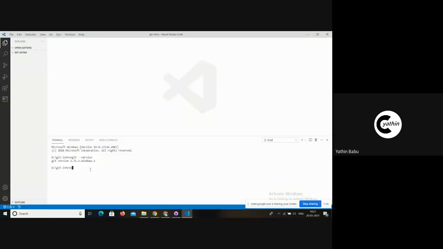The next thing we will do is initialize an empty Git repository. There are two ways by which we can introduce the Git version control system to our software development. First, let's say a company has developed software without version control.